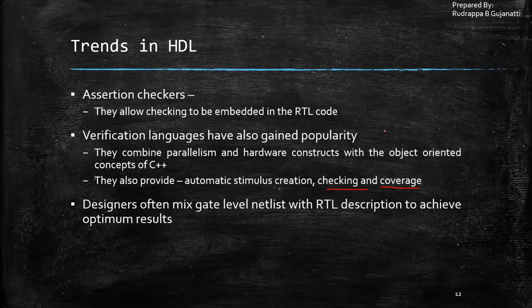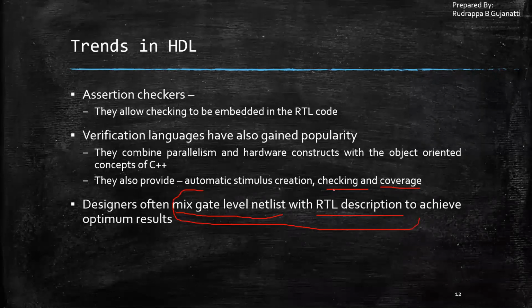Now apart from this, another thing HDL provides is that HDL allows you to mix different levels of abstraction in one module itself. That is another advantage, because a few of the things might be required at high level, and a few of the things might be required to be defined at the low level. So I can have a mixture of this, but with some constraints, which we will look at in the coming slides. So here we can mix the gate level netlist with the RTL description and try to see how I can get an overall optimum design for a given digital circuit. That is what I try to do here.